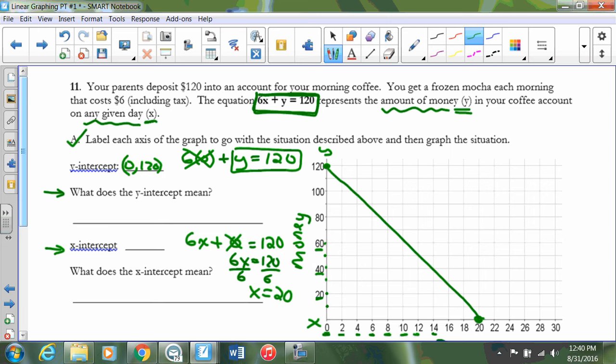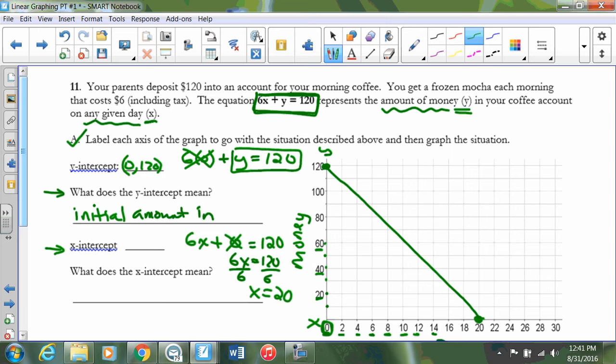What does it mean to say that this 120 is the y-intercept? In this problem, and in every context problem, the y-intercept represents the initial something, or in the beginning, at the start, before time began. Because when you think about it, the y-intercept happens when x is 0. So if my x-axis is days, and there's 0 days, well, that means in the beginning, or initially, or before time. So what we'll want to do here is, this is initial. That's always a good word to use. This is the initial amount